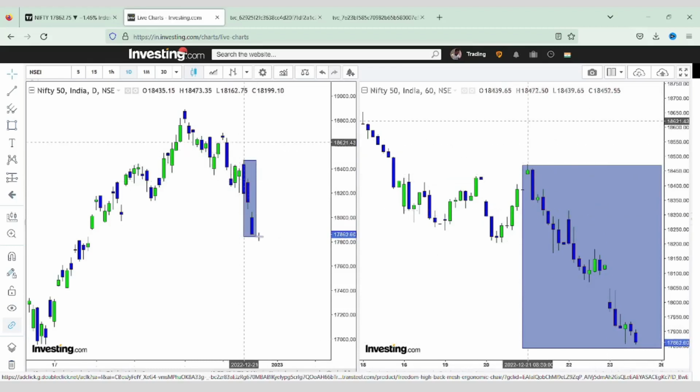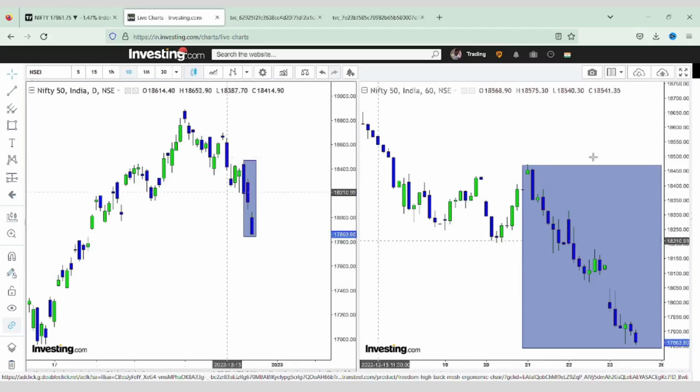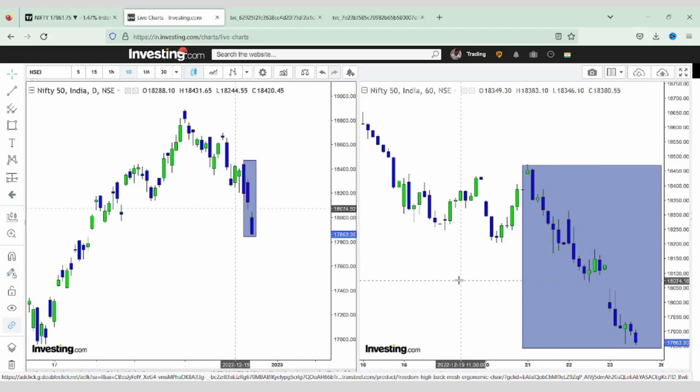So this is the advantage of using multi-time frame charts. Instead of going back and forth between 1 day and 1 hour, you can see everything just on a single chart, a single window itself. And let us say now I want to add another layout. Now I want to look at 15 minutes time frame. In order for me to take a more informed decision, I want to look at something like 15 minutes or